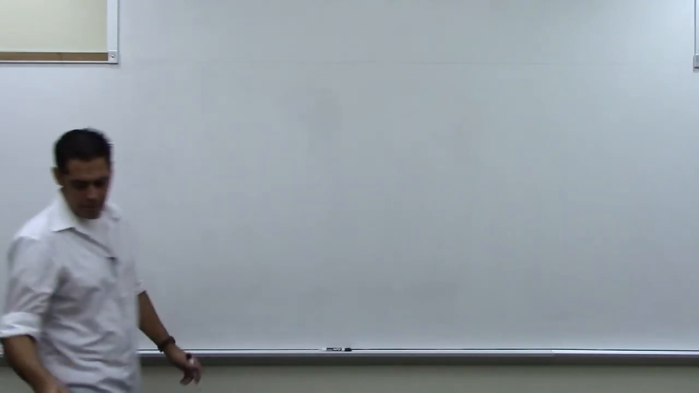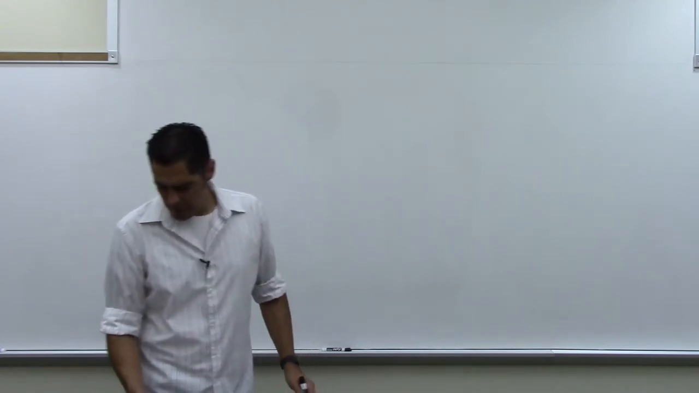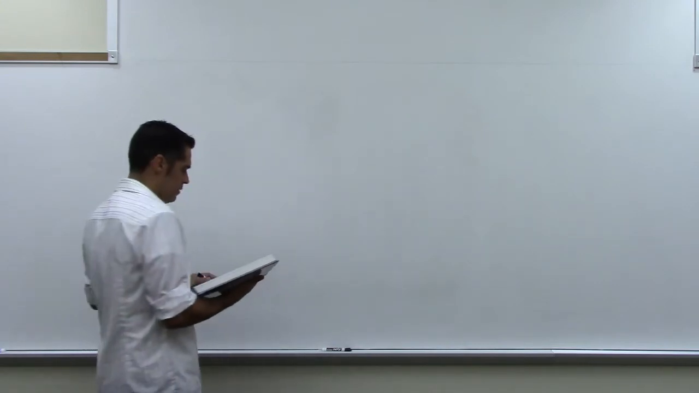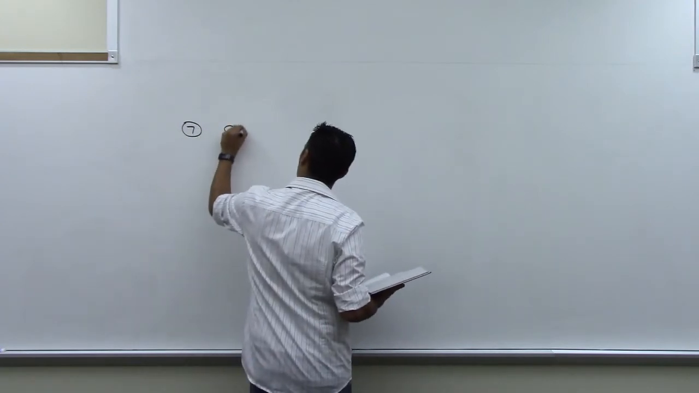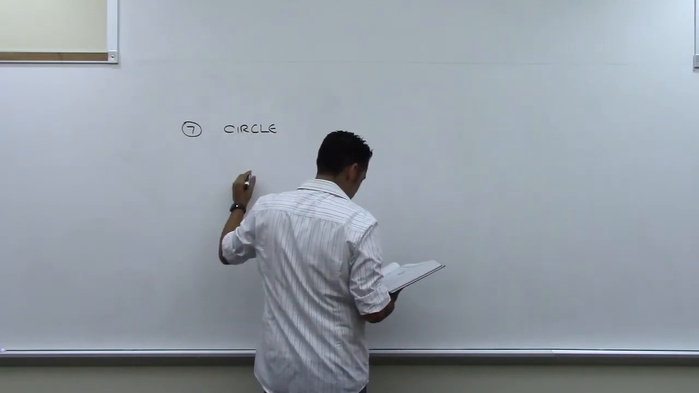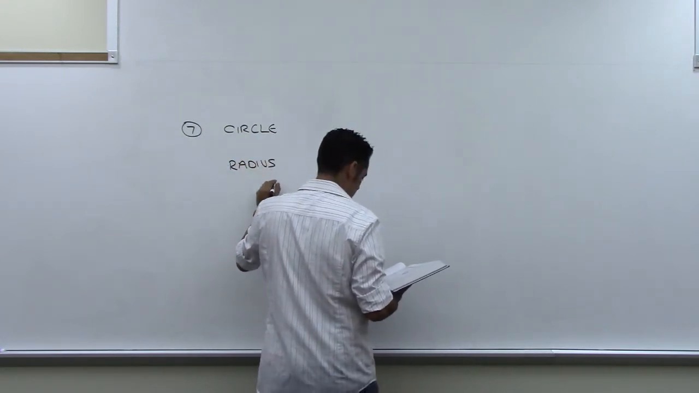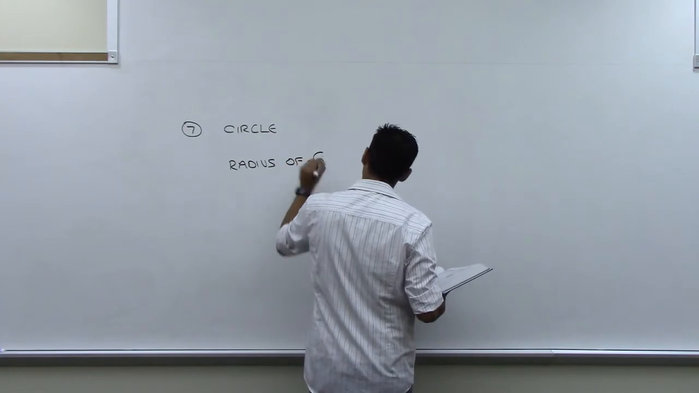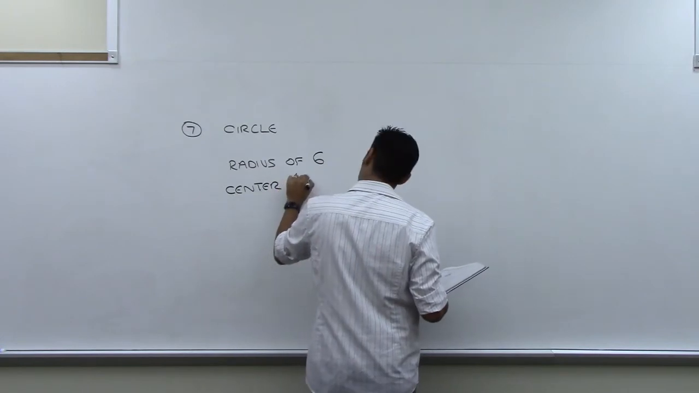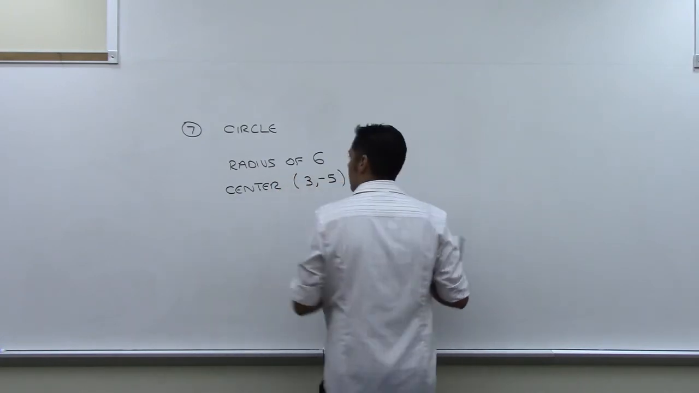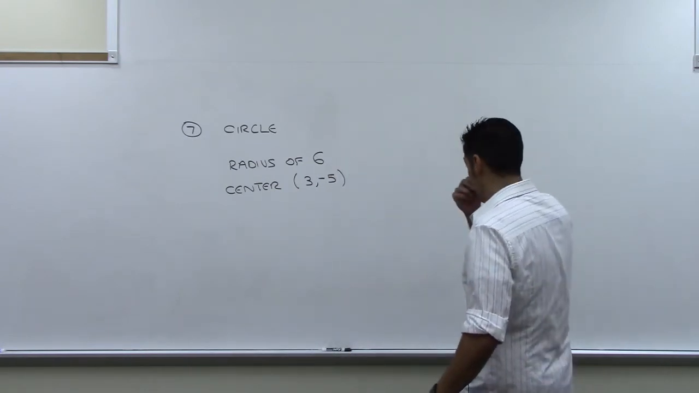I'm going to be working section 2.4 circles, starting out with number 7. And it is giving you some information here. You have a circle with a radius of 6 units and a center of 3, -5. And so now what we're going to do is try and pick which equation is the correct